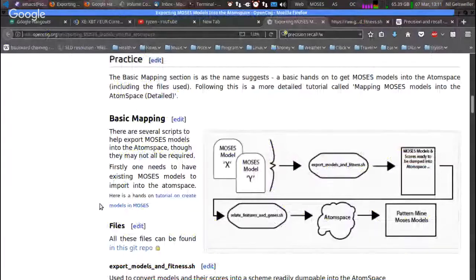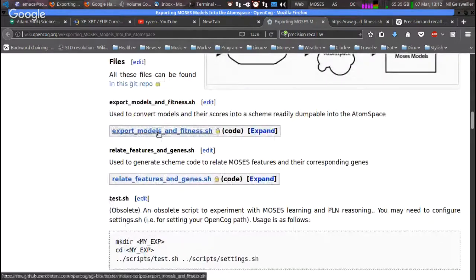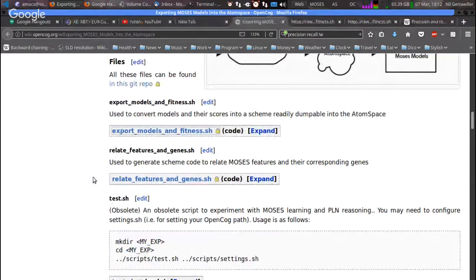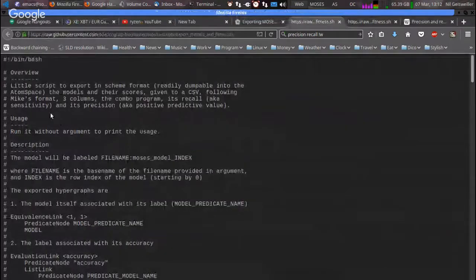And so to give you a concrete example, I'm looking at what you've written, expert models and fitness, and I'm pretty sure it's these. Relate features and machines. Yeah, that's got to be these. So let's have a look at this file. You can expand. So a little script to explore. Yeah, so that was really